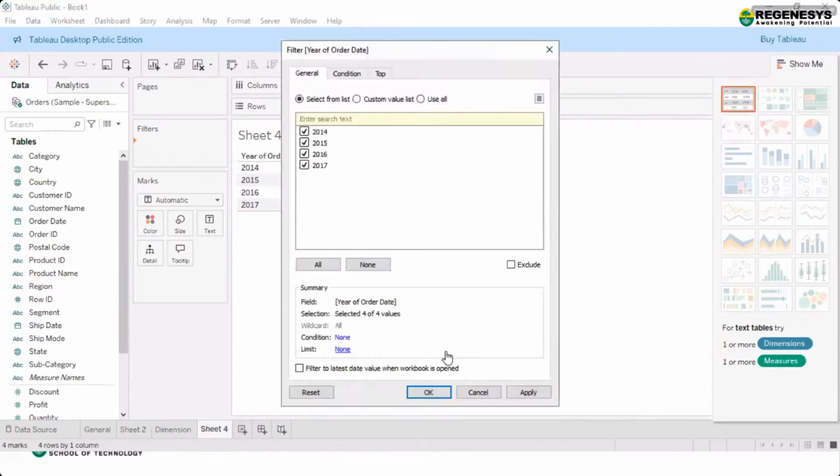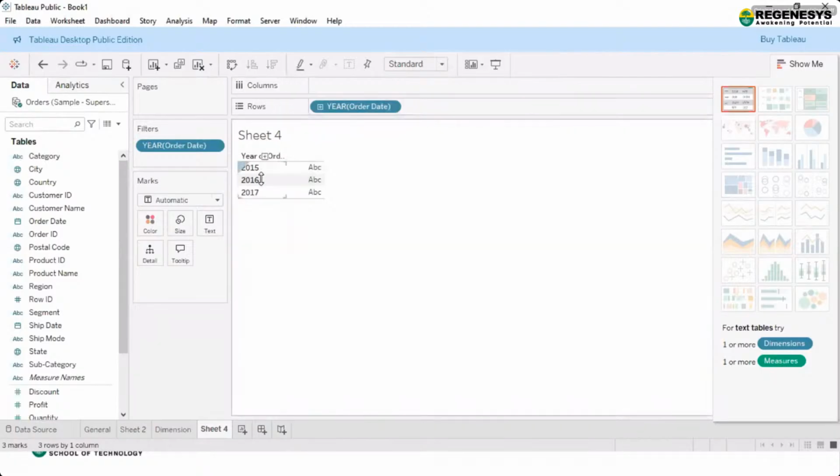Very important. Now from here, you can again see that I want all from 2015. I'm applying, clicking on OK. You can see that even on this dimension we can apply it on the date format. So all the data which is available after 15 is coming here, and 14 and before that gets removed.